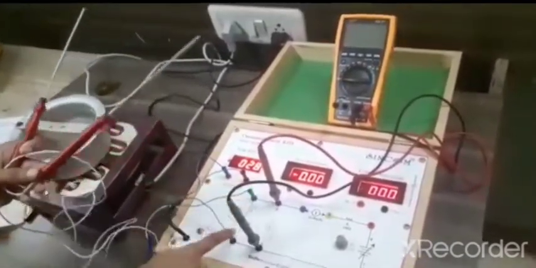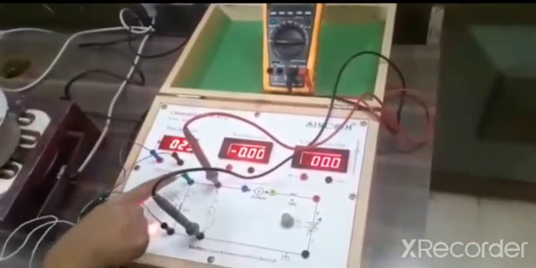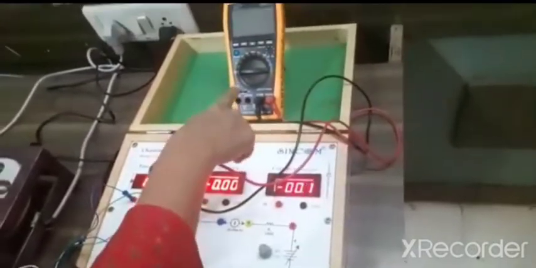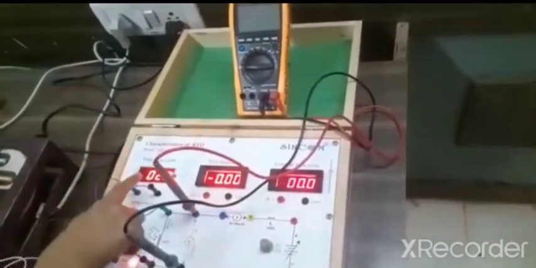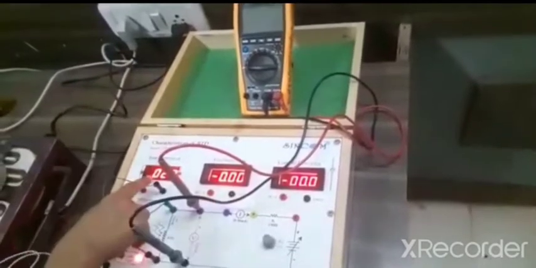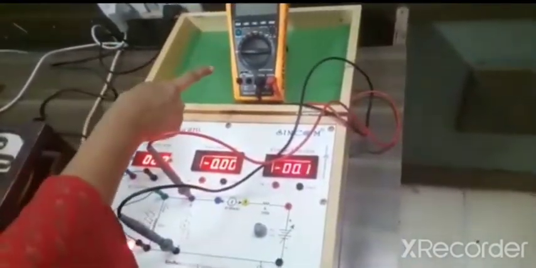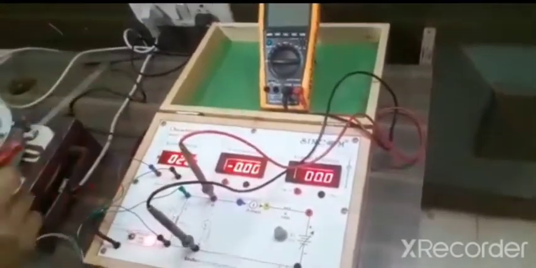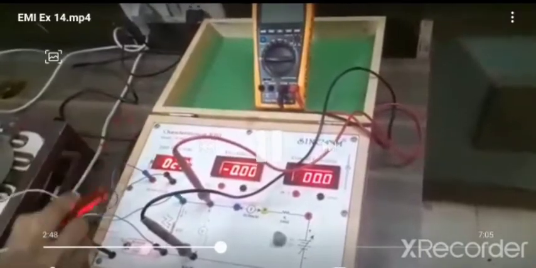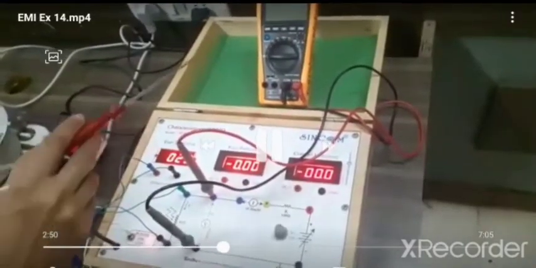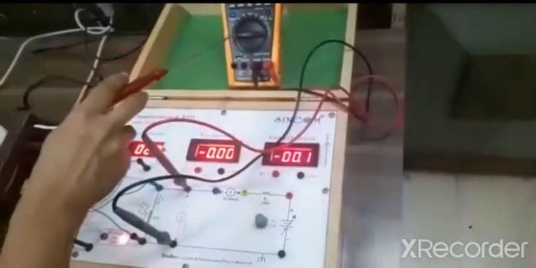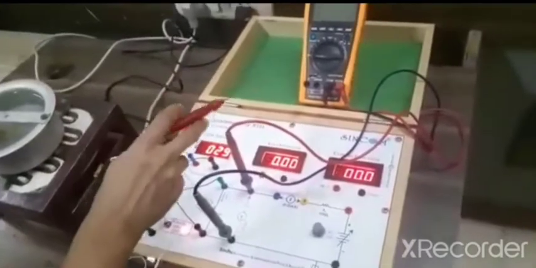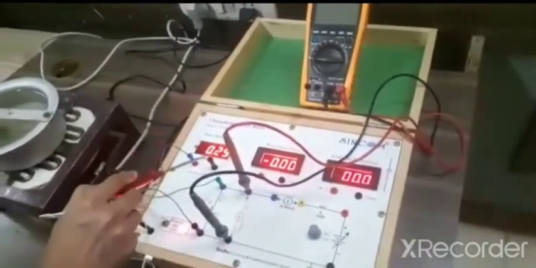The sensed temperature will be reflected across these terminals and shown on this digital multimeter. For the corresponding change in temperature, the corresponding resistance of the RTD changes, which we are going to measure. So we are noting down the temperature and its corresponding resistance over here. For plotting a graph, the temperature is on the x-axis and resistance is on the y-axis. So let us start the heater first.